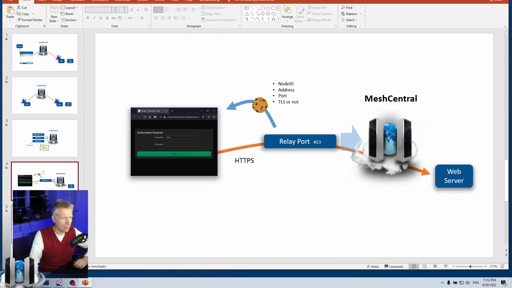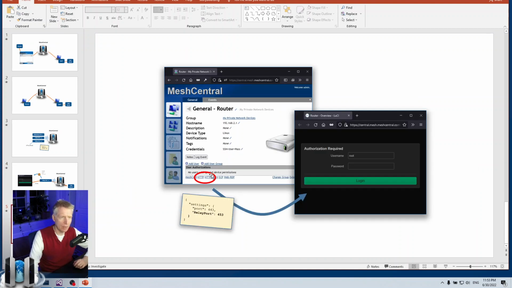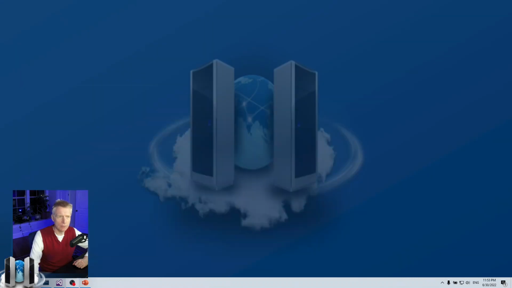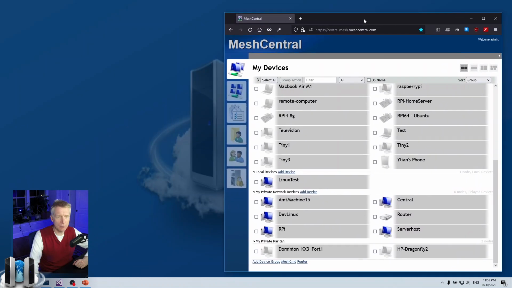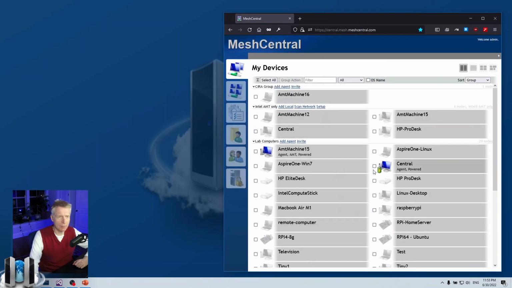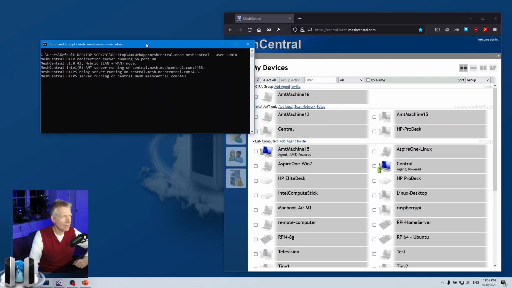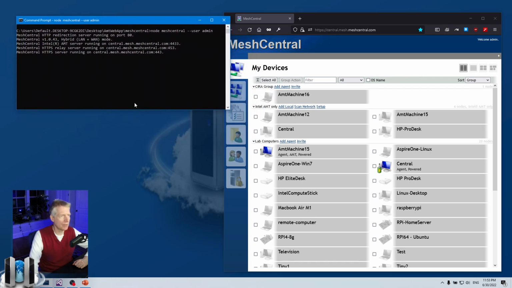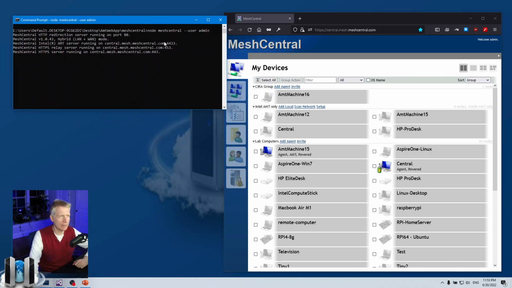Okay, so that's good. In the end, what the users will see is two additional links, and then the relay port. You can click on it and just see the remote web page. So let's see how this actually works in practice. I'm going to bring up my trusty developer server here. Now I am running it just inside the command shell like this, --admin as usual, so that I don't have to log in, and I'm already logged in.